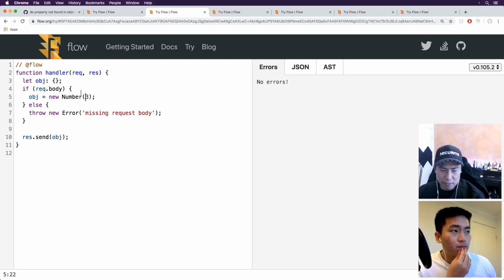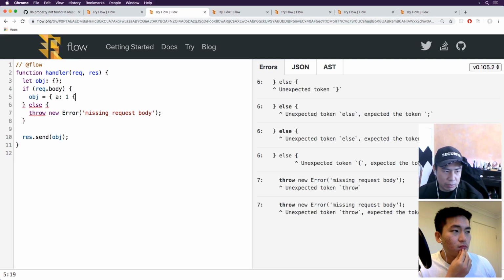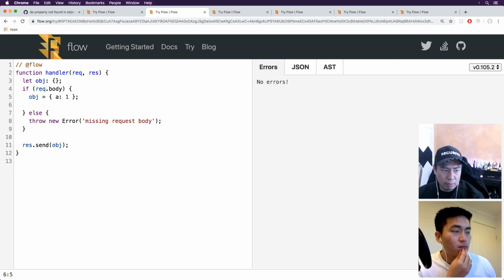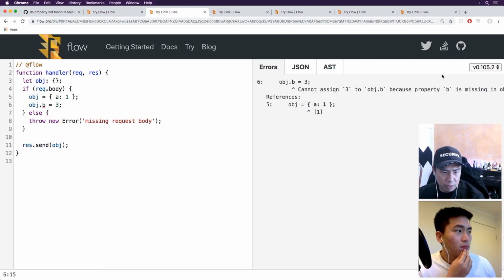You shouldn't do this. But if we go back, oh god, there's no Ctrl+Z as well. So if we go back to this one, right? And then what do we do? Like object.b equals 3 or something, right? Any errors? So this is actually quite important, because when you do, say, React,